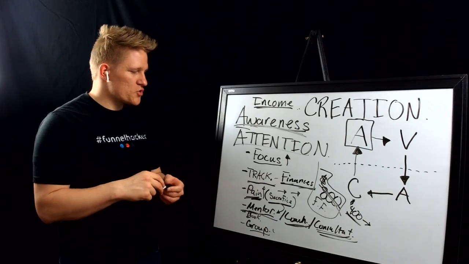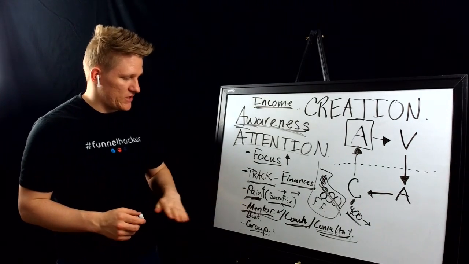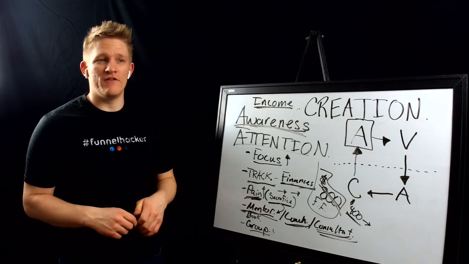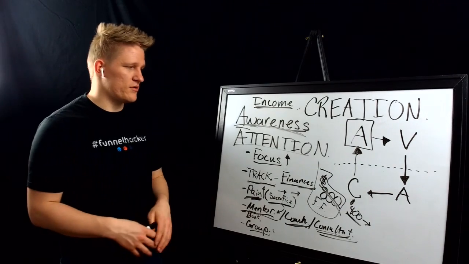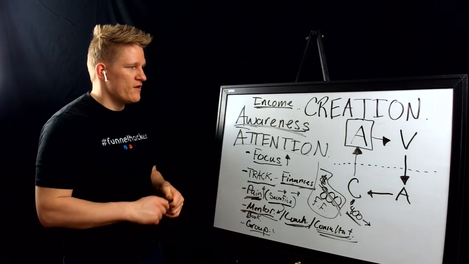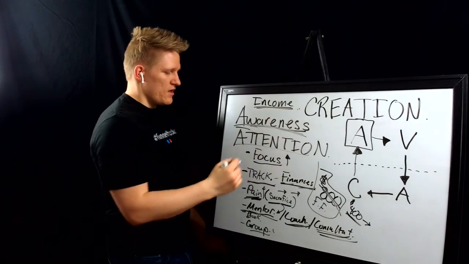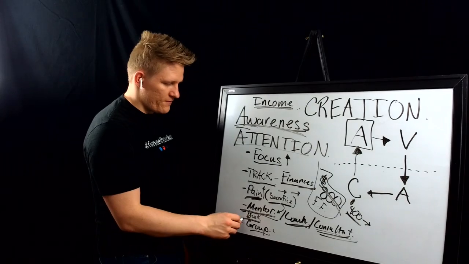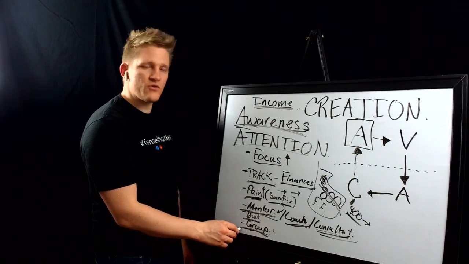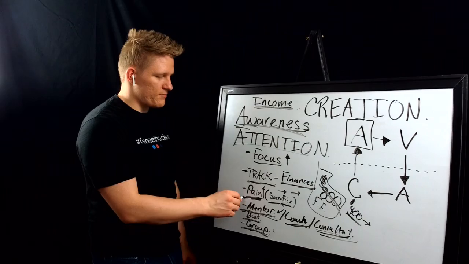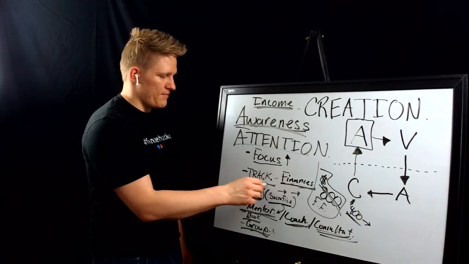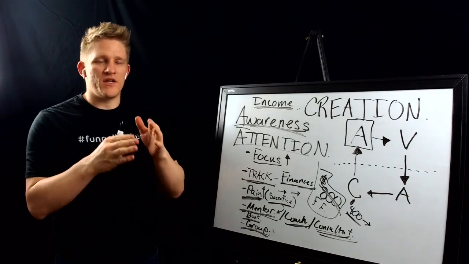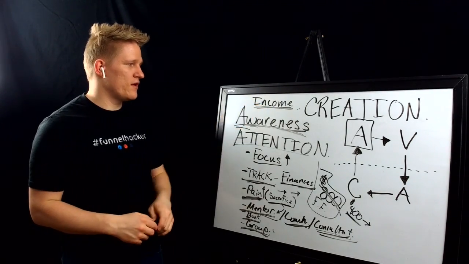So go out, start tracking, build up your sacrifice, get a mentor, get a book, get a group, do whatever you can to increase your awareness of your challenge, your problem, your goal that you're going for. For us, it's income, right? I would find someone that's making the income that you want. I would find books on income. I would get in groups about income. I would find a course and build your pain on income. I would track your finances and get your focus on it every single day to start improving your income.